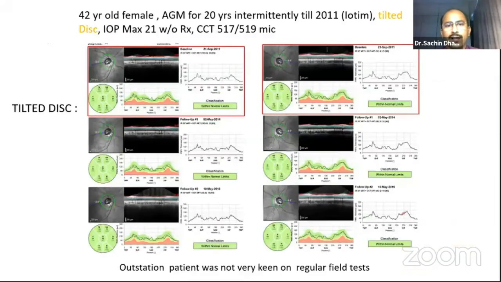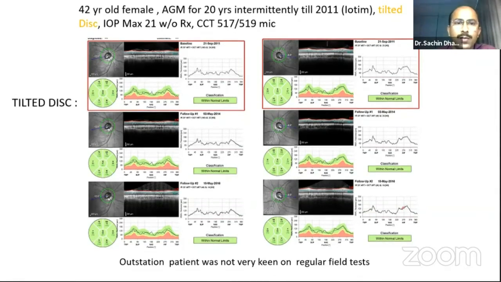Now, a few comments about tilted disc. Tilted disc and myopia are always a Pandora's box in imaging. And here you can see clearly, irrespective of myopia and tilted disc, scans are very easily obtained, and over a period of time, the scans are stable. So the disc suspect, which looks almost like glaucoma, can be exonerated from the treatment and unnecessary follow-ups that might accrue due to an abnormal imaging or an abnormal clinical examination.